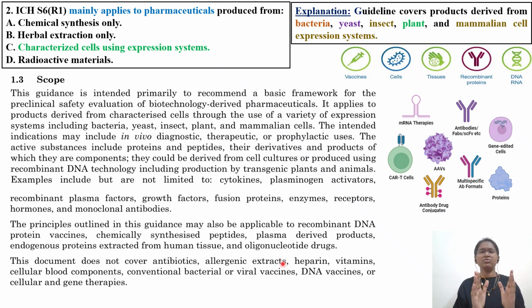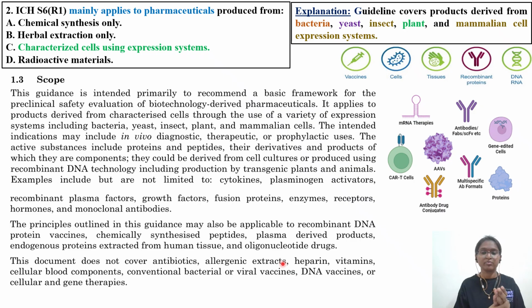So this is how you have to remember. I would also request you, if you're working in the biotechnology industry, whenever you're working with a certain biologic, try to understand its nature and whether it falls under this, and which is an example. Look for the examples: plant-derived ones, plasma products, cytokines. Make a list, make a note. For enzymes, for receptors, for hormones, what are the examples already available in the market? Okay, in addition to which this particular guideline is applicable,